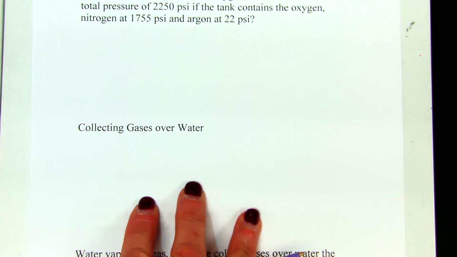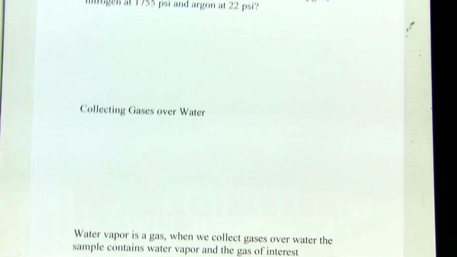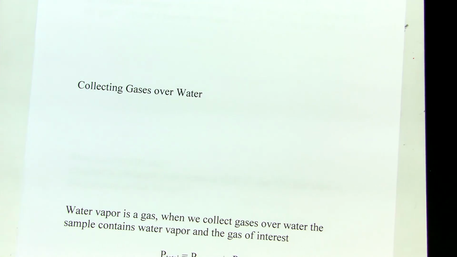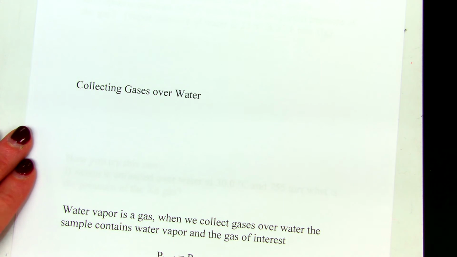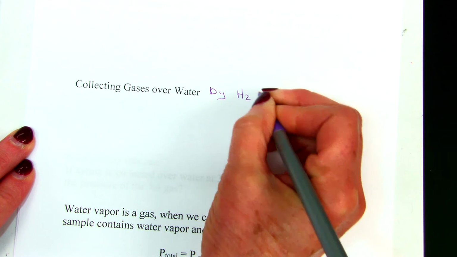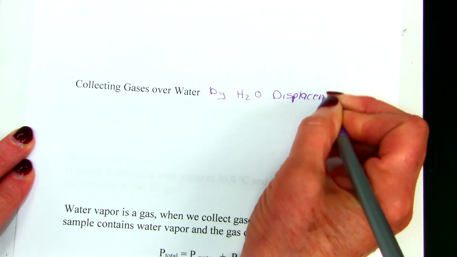So I mentioned that we would talk about vapor pressure and Dalton's law of partial pressure when we collect gases over water. One of the things that we do quite frequently in the laboratory is to generate gases through some chemical reaction and then collect these gases, and we say we're collecting them over water or we're collecting them by water displacement. And so what we do in this case